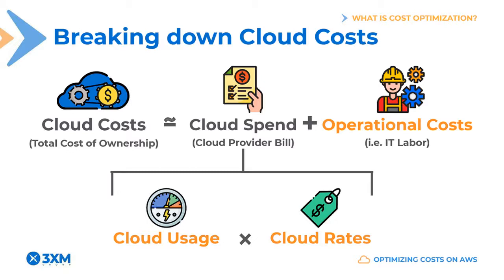We've already talked about how cloud usage and cost are intertwined, right? Second, the rates you pay for your cloud usage. Cloud providers, with AWS being no exception, offer different purchasing options, as well as committed use discounts and volume discounts, for example, which allow customers to get significantly lower rates. And lastly, your operational costs. Improving your operational efficiency not only yields significant savings, but also, as we've seen, allows your people to focus more on your business and not so much on IT management chores.